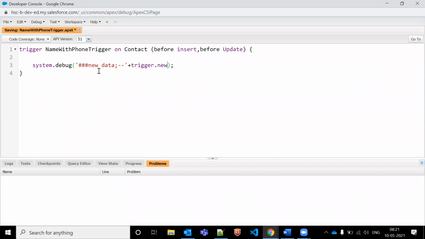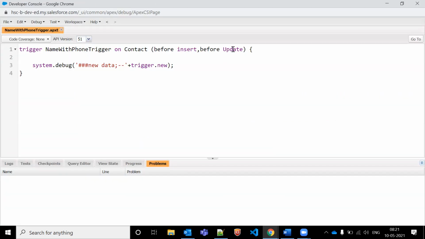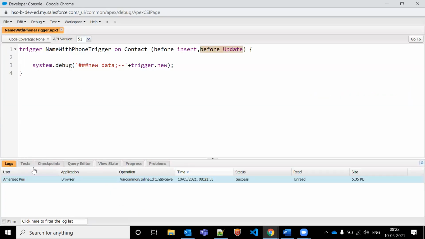What is trigger.new? Now we'll get to know. It is whatever data we are going to insert into the database. We are working in case of update and in case of insert, so we can even update and even insert. Let me check the logs.